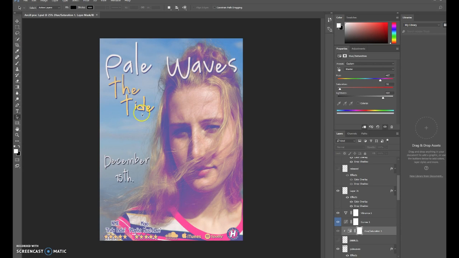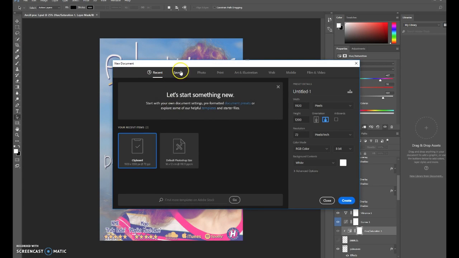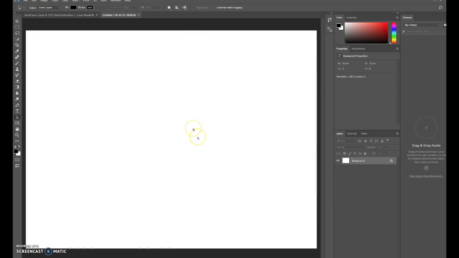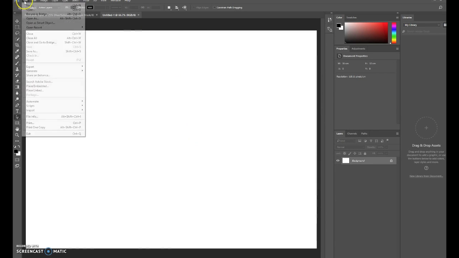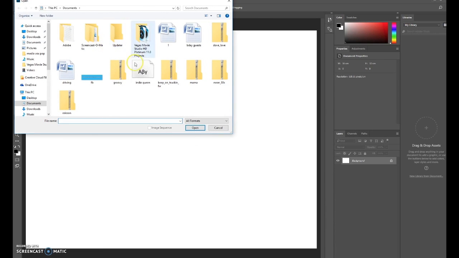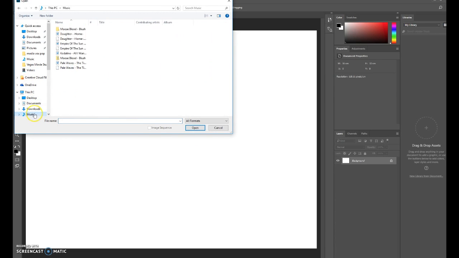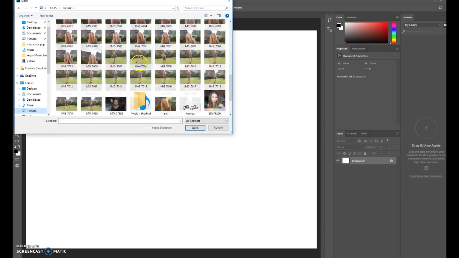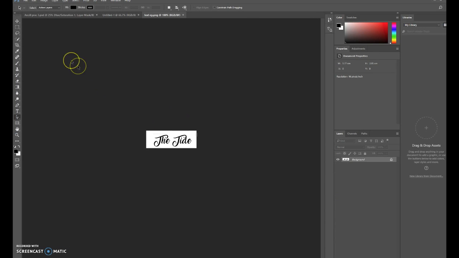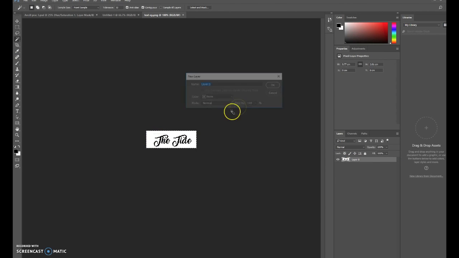I'll show you how we cut around it, I'll just open up the example. We then got the magic wand tool and cut around it. This is just a rough example. Then we cut and copied and pasted it into here, and then resized it and coloured it to how we wanted. But before we coloured it,